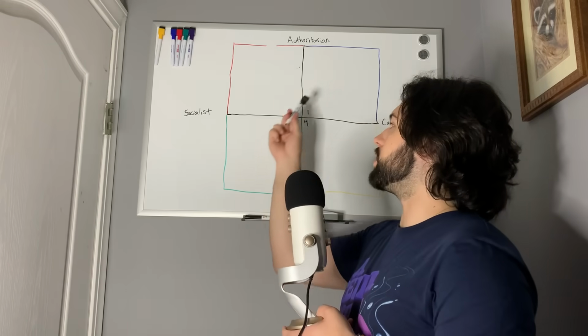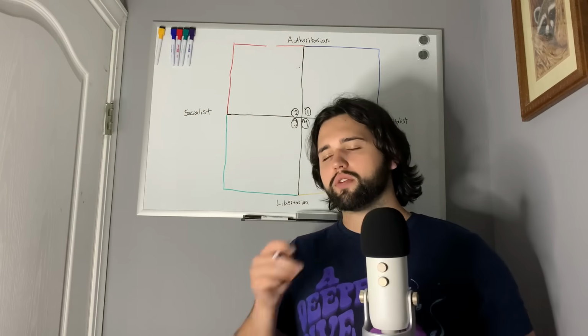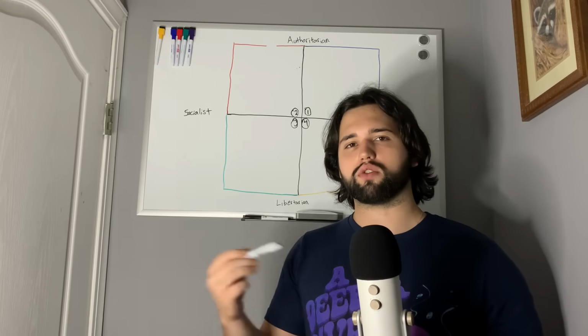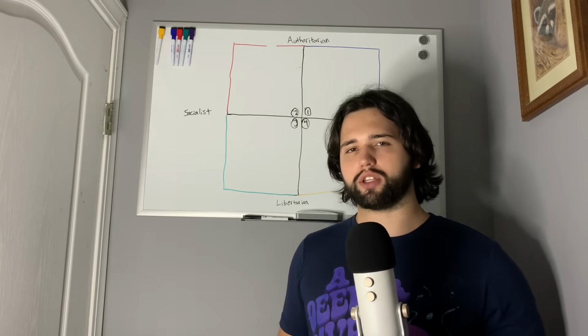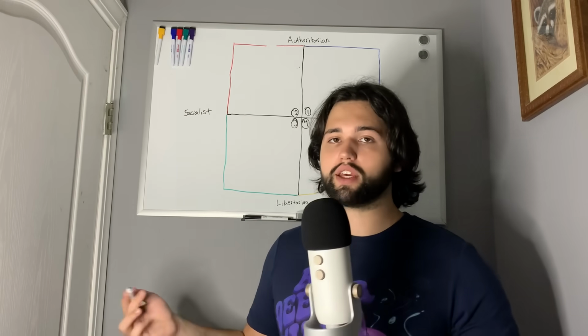Also, I'm going to number these quadrants as 1, 2, 3, 4 because that's just the way it works in math. So as we go through this, don't try to apply modern buzzwords or politics to these ideas or places on the compass, because it's not really going to work. For example, if you come in saying that gun control is a left-wing thing, well, I've got